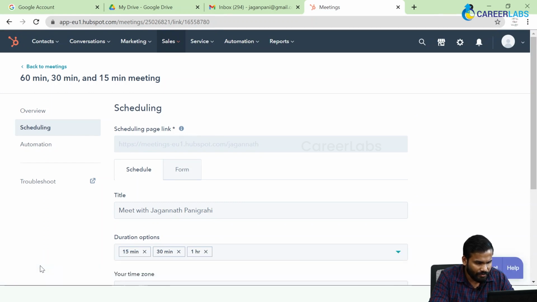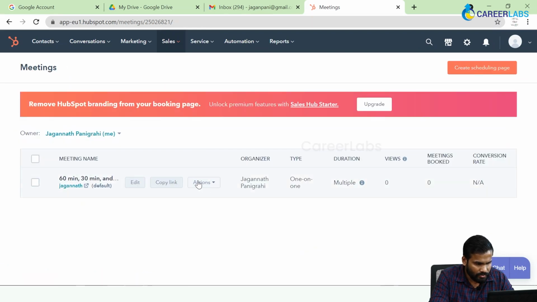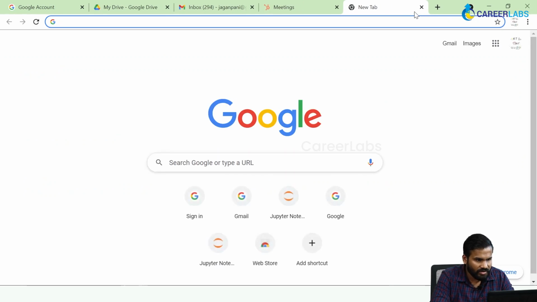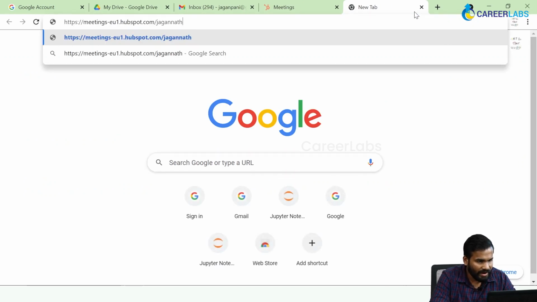Once you have set up this particular meeting link, you would basically copy your meeting link, and to whichever contact you want to share this meeting link with, you would just pass it on to that contact. Could be via SMS, via WhatsApp, via LinkedIn, could be via anything really. And what the contact would do is, once the contact has received the meeting link, he would essentially enter the meeting link over here.